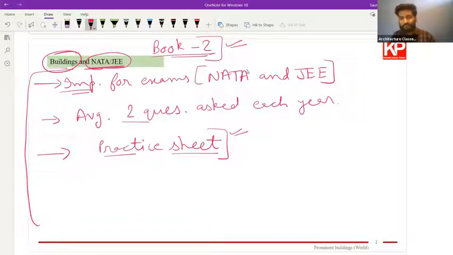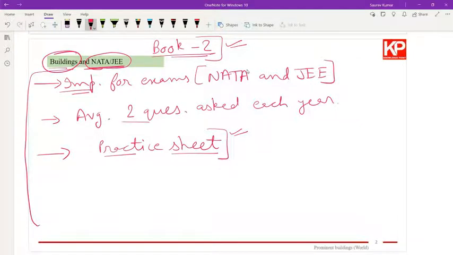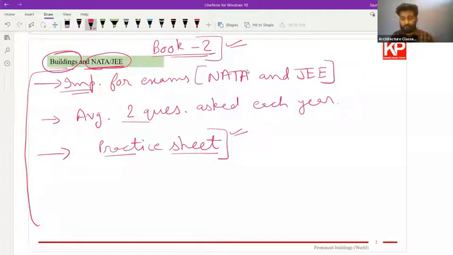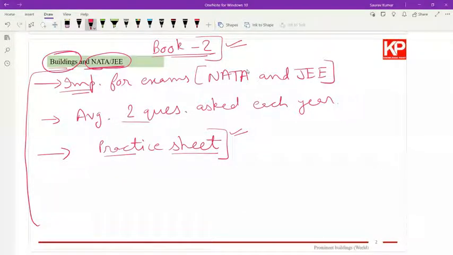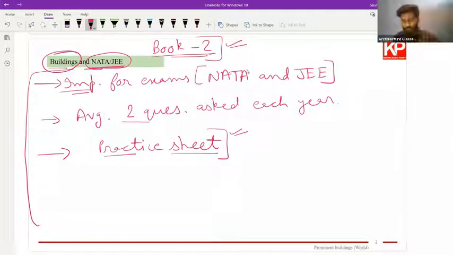Are you guys aware of how to contact your tutor? Yes, sir. Okay. Others? Yes, sir. Okay, so it's good that you already know. If you face any difficulty, you can directly message me there and we'll discuss whatever query you are having. So the study material is uploaded, the practice sheet is uploaded.